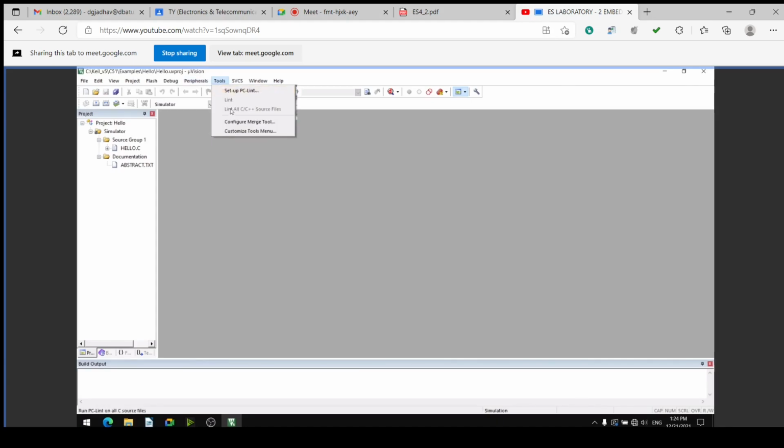Then tools are there, and then SVCS, software version control, then window defaults, and important is help. In this help, there is Microvision help, the blue question mark, as well as the about version.